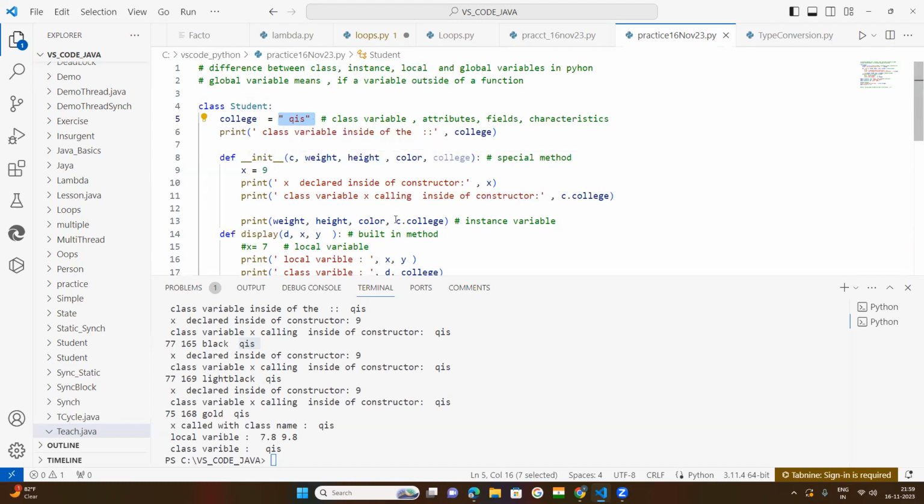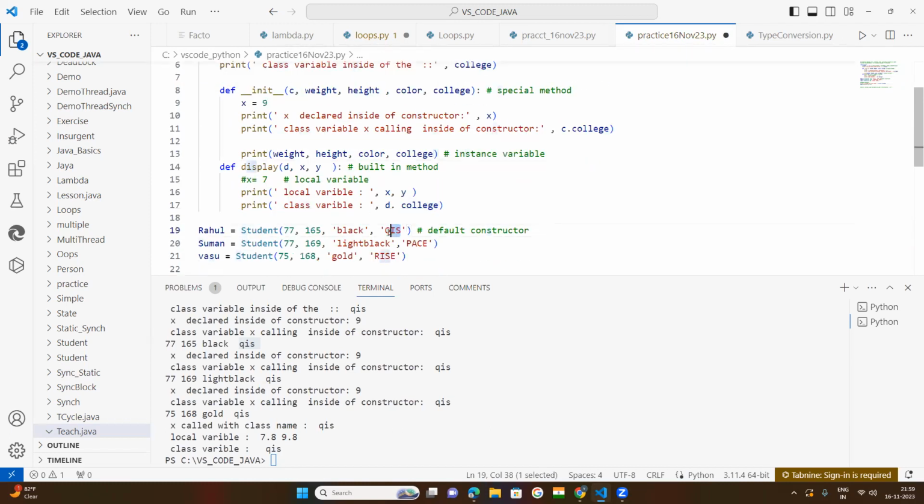If you don't want to change, if you want to keep this as it is, then whatever record you have passed, along with the values passed in your object constructors, they will be used. See this record, KISS, this is for PACE, this is for RISE. If you want to put their name,